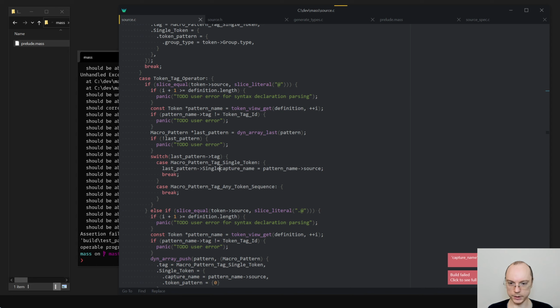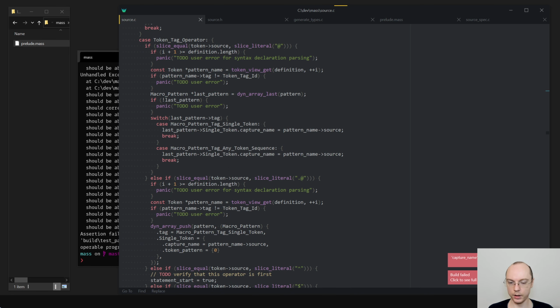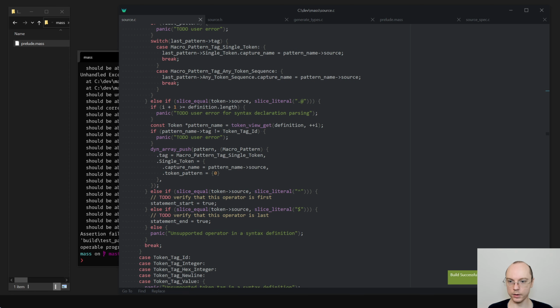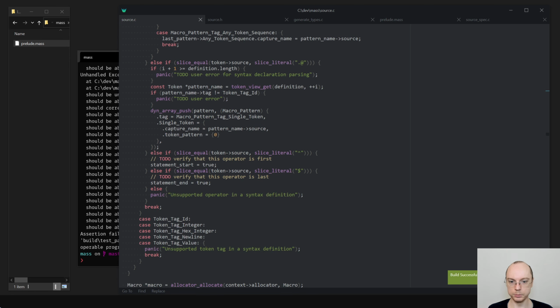So this would be single token. Maybe I will lift capture name to be on all of them, if that would make sense. I don't know. Any token sequence. Okay, that builds.